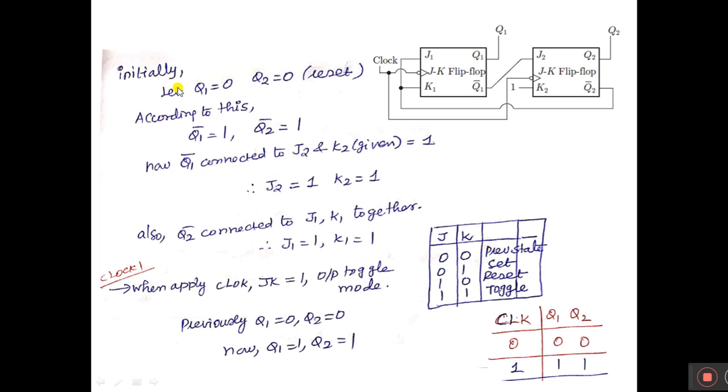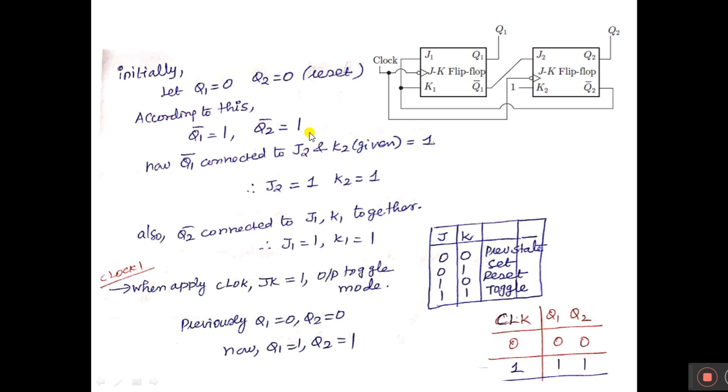So listen carefully. The question is, initially we can assume Q1 is 0, Q2 also 0. Assume before applying clock pulse, here 0 0. If Q1 is 0, Q1 bar is 1 and Q2 is 0 means Q2 bar is 1. Now this 1 connected to J2, and already in K2 1 is connected, right? And this is 0, this become 1, this 1 connected to JK flip flop. Now JK together value 1.